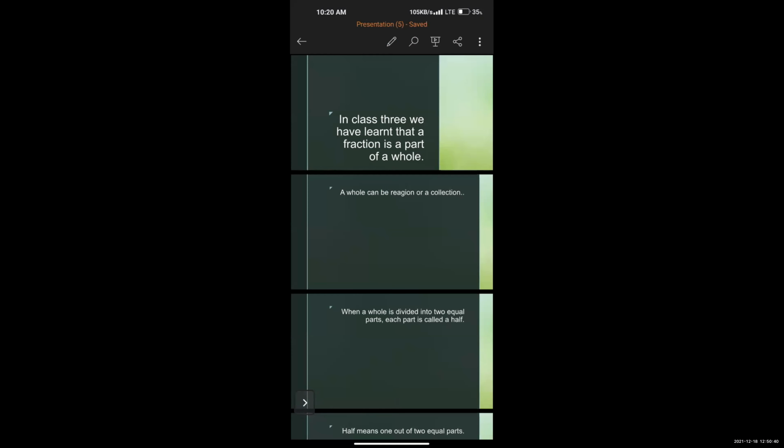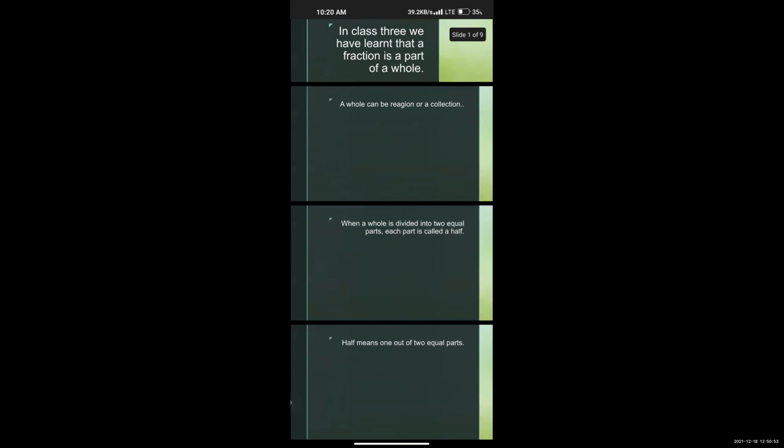In class 3, we have learned that a fraction is a part of a whole. A whole can be a region or a collection. When a whole is divided into 2 equal parts, each part is called a half. Half means 1 out of 2 equal parts. We write it as 1 by 2. 2 halves make a whole. Now let's get into the questions. When a whole is divided into 2 equal parts, each of them is called a...